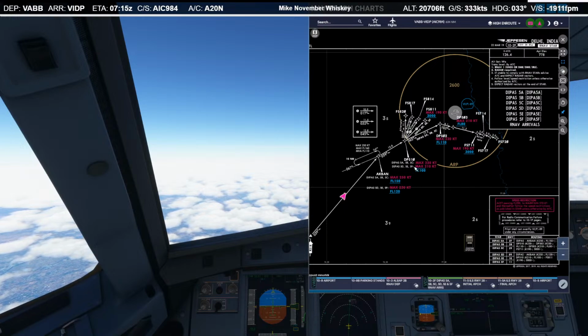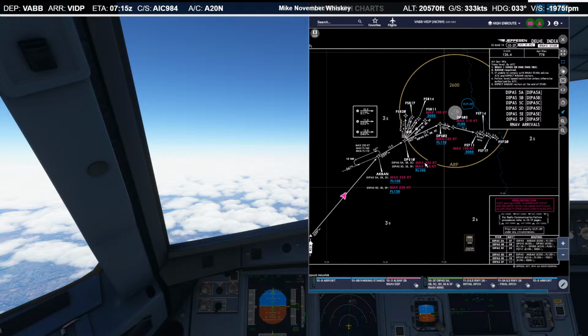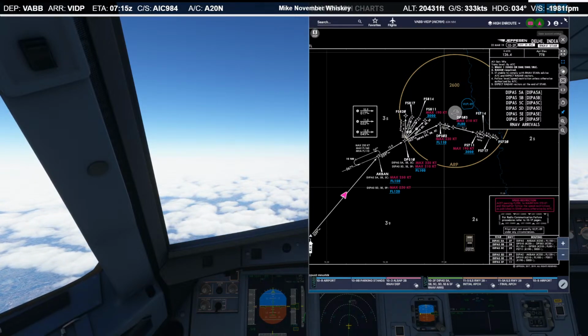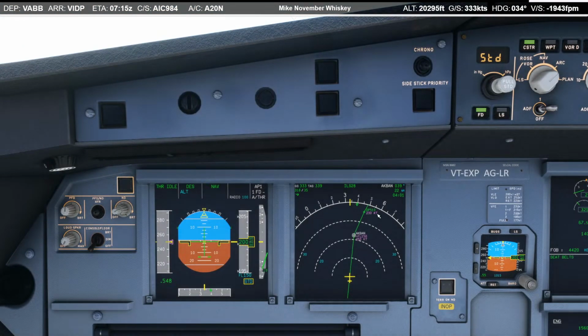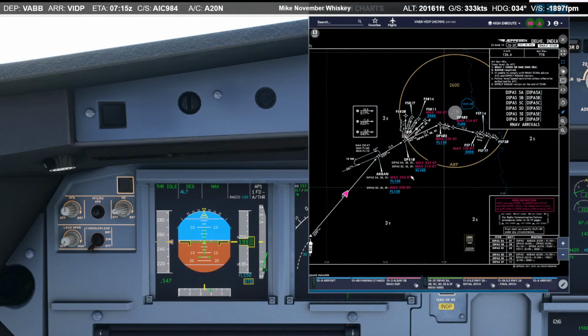So this must be for the 5 Delta Echo Foxtrot. So it's just a speed restriction next. Yeah, and that's reflected here, just a speed restriction. So we'll go from 15,000 and we'll want to be at 11,000 by the time we cross Delta Papa 502. And then 3,000 by that next one. Alright.